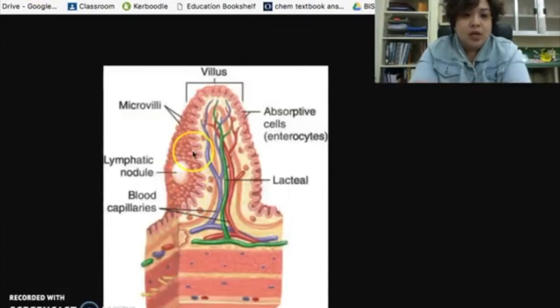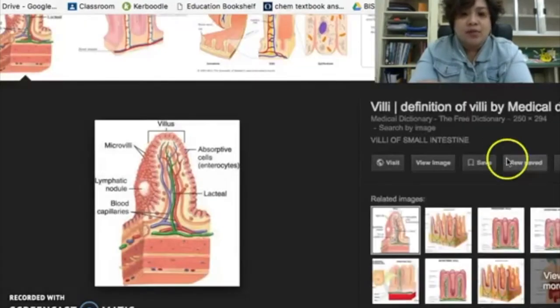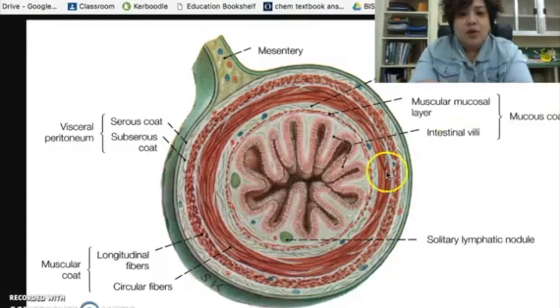Okay, as you can see, inside your villus, you have this rich supply of blood vessels or your capillaries, and you also have your lacteal. This is because after you absorb your food, it needs to go into your blood circulation. So embedded within those villi are blood capillaries. Let's go back to the top view. All right. So your villi,